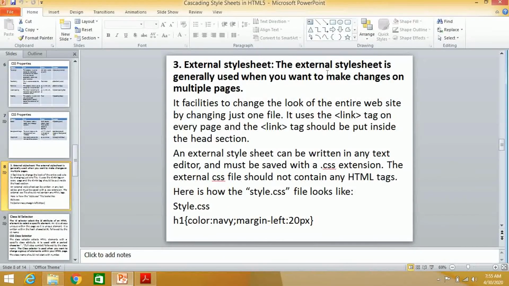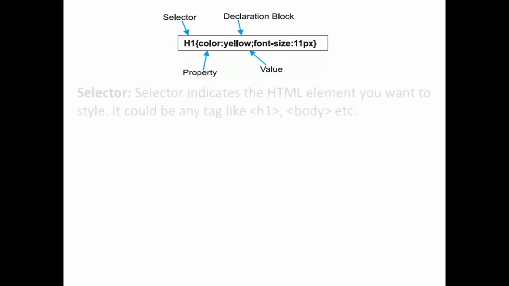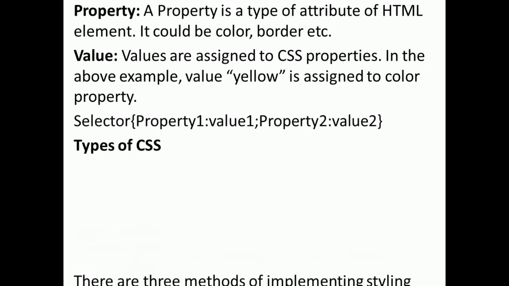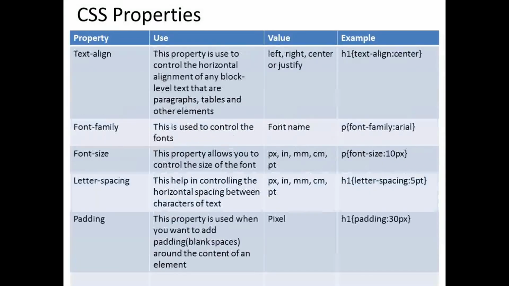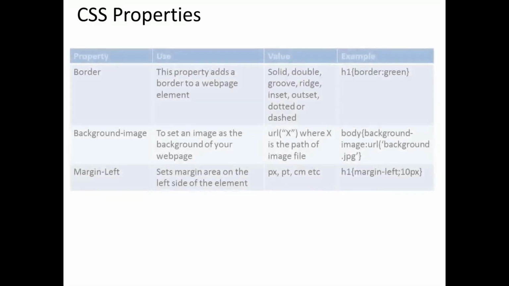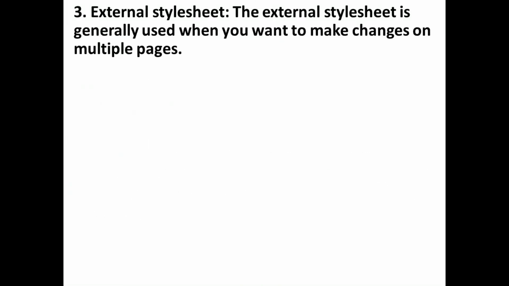In this video lecture, we are going to see the remaining part of the CSS. Only one type of CSS is left, that is the external style sheet. So let's begin with the external style sheet. See, the external style sheet looks like the previous ones that we have done with all the CSS properties. So this is a very simple one.